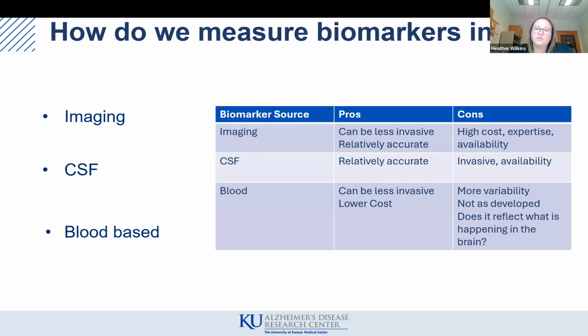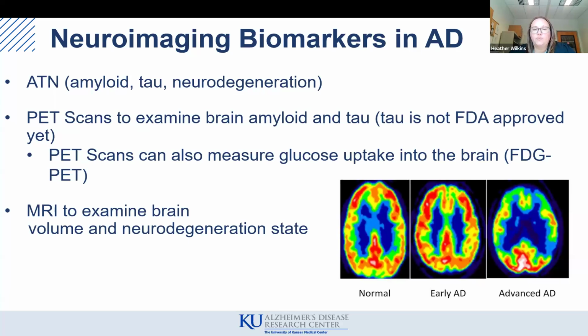And then there is also the question that we always think about, especially when we're doing research on biomarkers: does it reflect what's happening in the brain? When we take your blood, is that actually telling us what's happening in the brain? And does it give us information that we actually need to understand the disease process? So I'm going to touch a bit on these three categories of what people are generally using in Alzheimer's disease